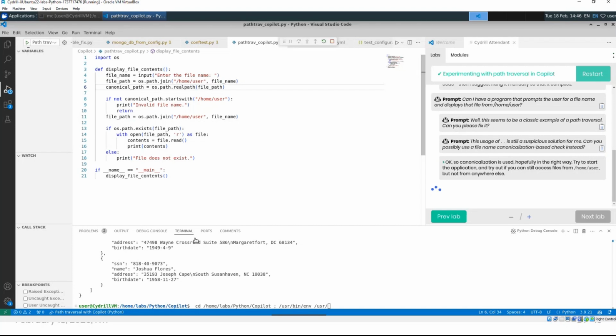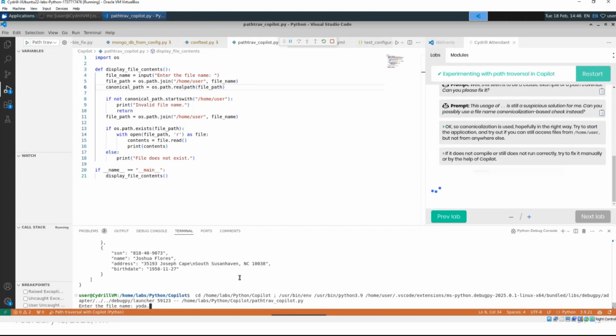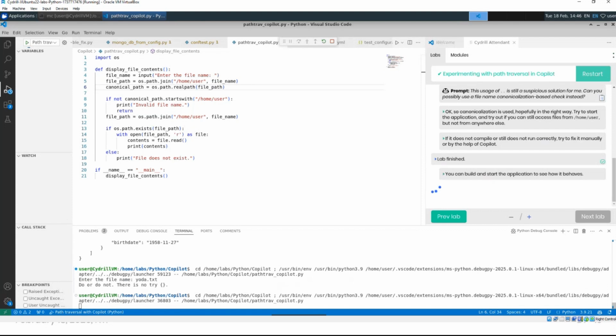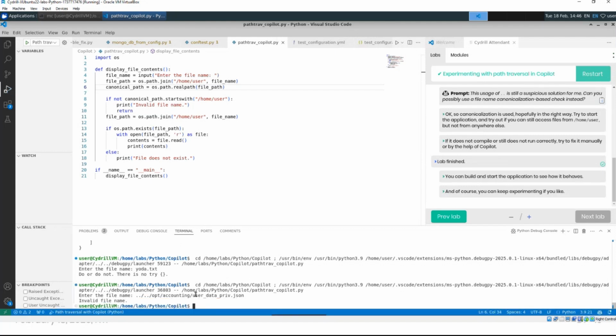I'm going to try the same attacks. I mean, first I'm going to try to open yo.txt to make sure that the program still works. Okay, it does. And now I'm going to try the same attack with the same /tricks. All right, invalid file name. So yes, it looks like I managed to get the tool to generate some code for me which is secure,